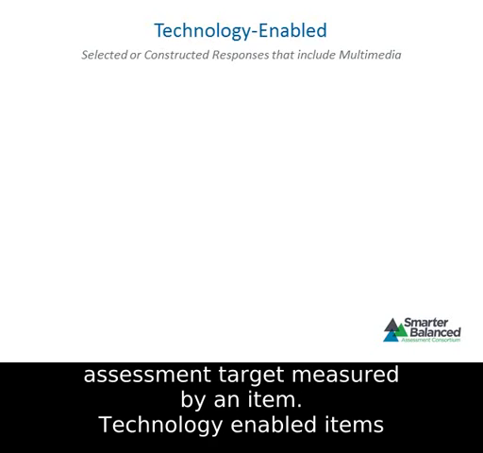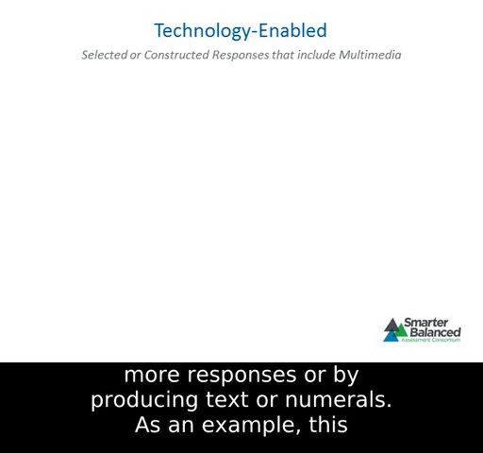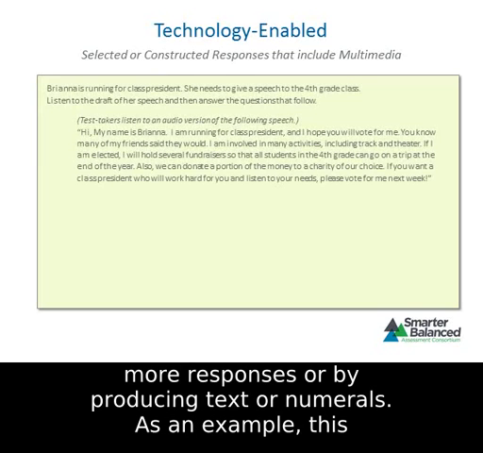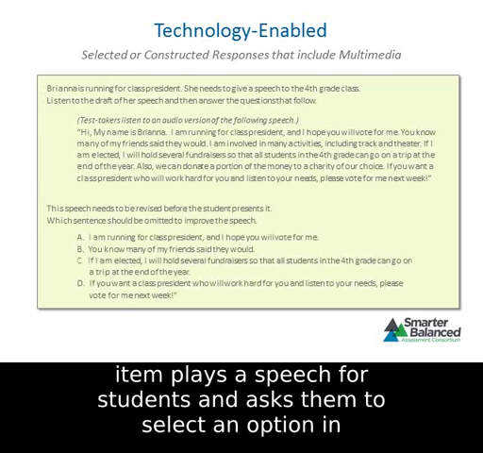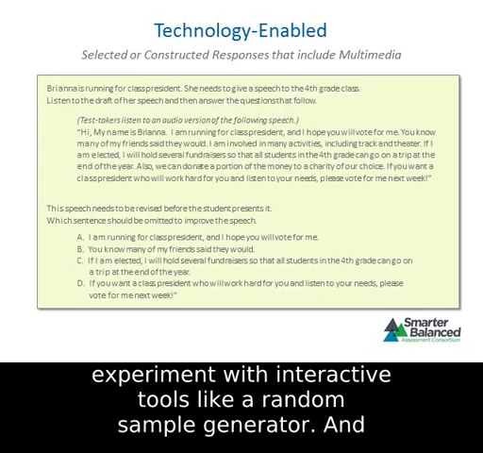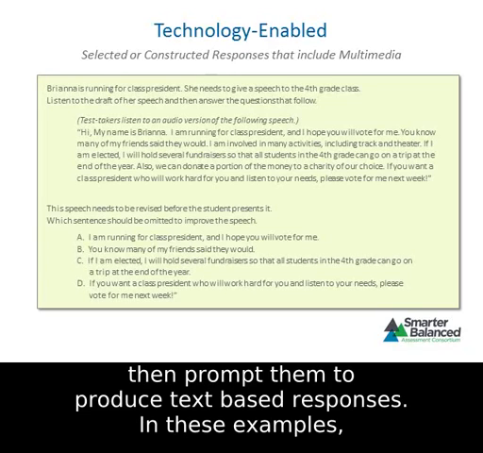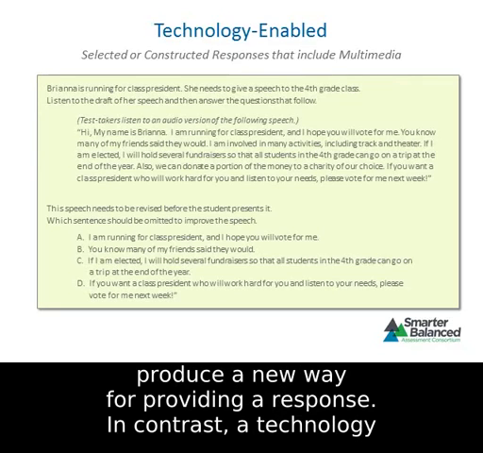Technology-enabled items either collect responses from students by requiring them to select one or more responses, or by producing text or numerals. As an example, this item plays a speech for students and asks them to select an option in response to the prompt. Similarly, other items ask students to experiment with interactive tools, like a random sample generator, and then prompt them to produce text-based responses. In these examples, the technology enables the use of a media-rich stimulus but does not produce a new way of